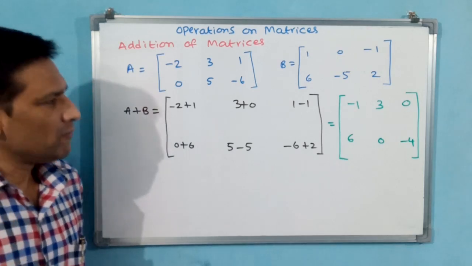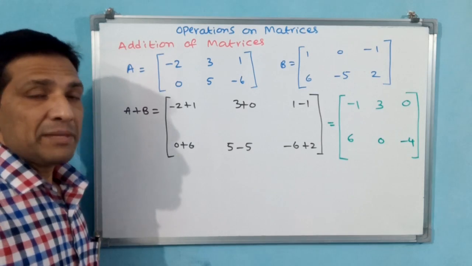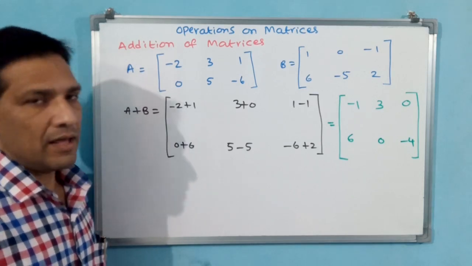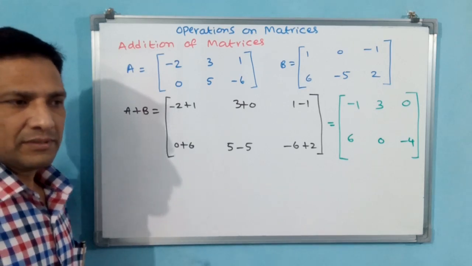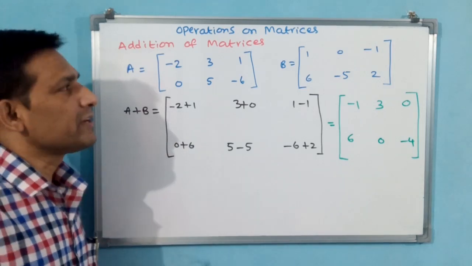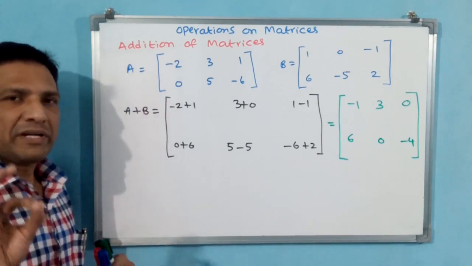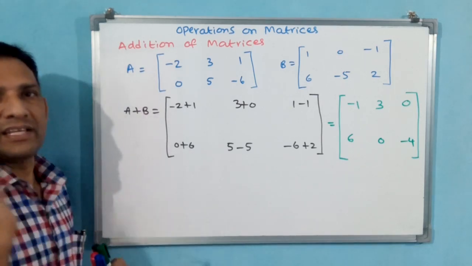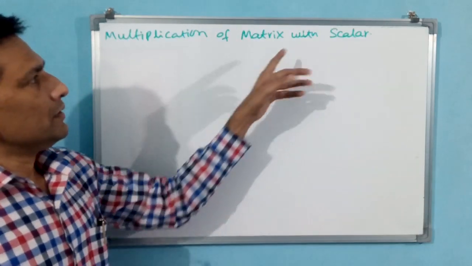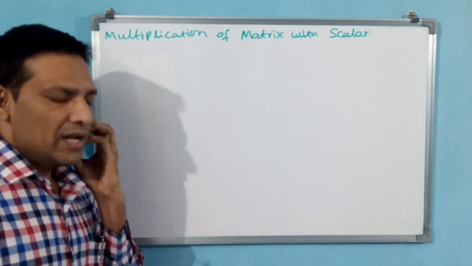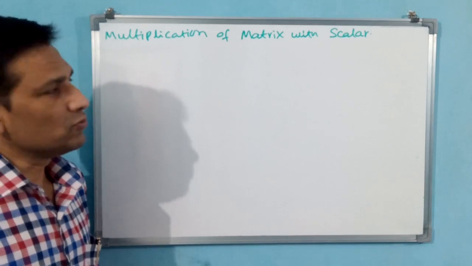Now, what we do, next concept is multiplication of a matrix by a scalar. That we will see. Why? Because we have to go to further concepts. Multiplication of a matrix by scalar. See, not multiplication of two matrices, but multiplication of a single matrix with a scalar. Scalar means constant. Let us see. With scalar or with scalars. But we take first one scalar. In properties, we will see two scalars.